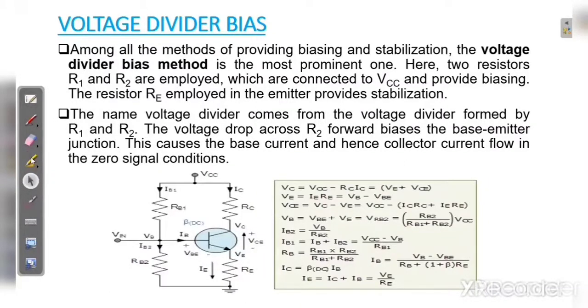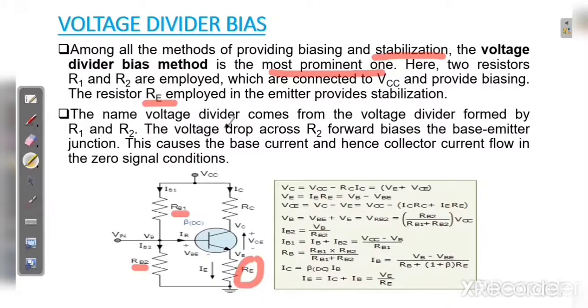Now we're going to see the voltage divider bias. Among all the biasing methods, this voltage divider bias is the most prominent one, and it gives better stabilization. Here the two resistors R1 and R2 are given, which are connected to the power supply VCC, and this RE is employed in the emitter, which provides this stabilization.